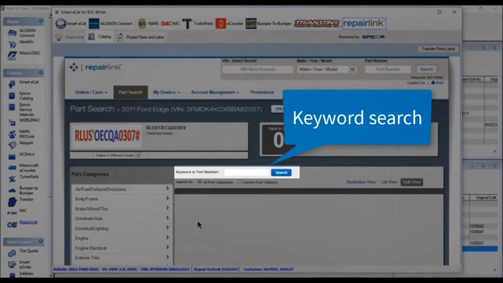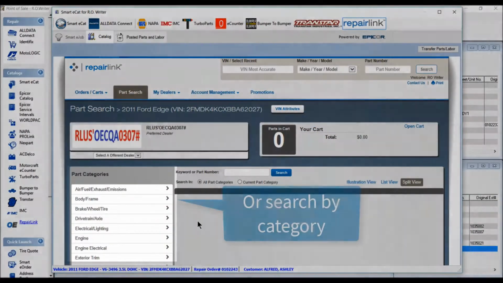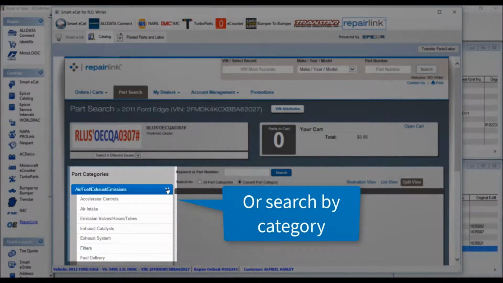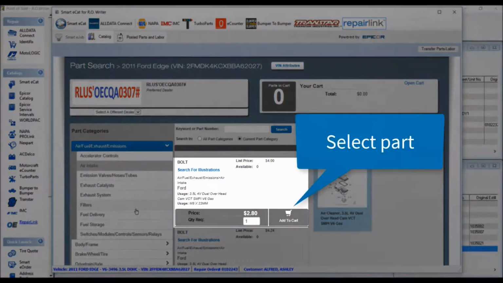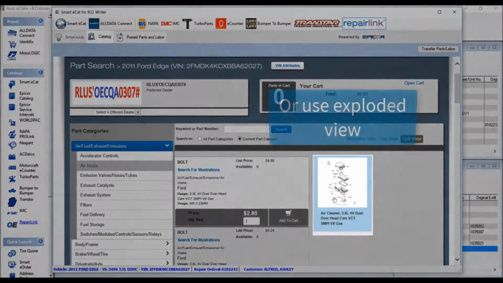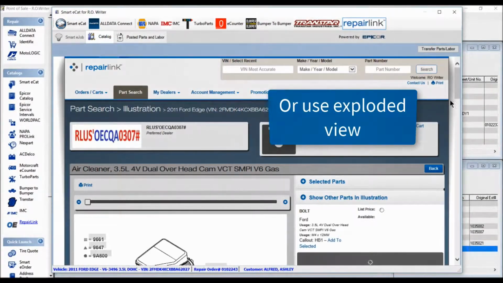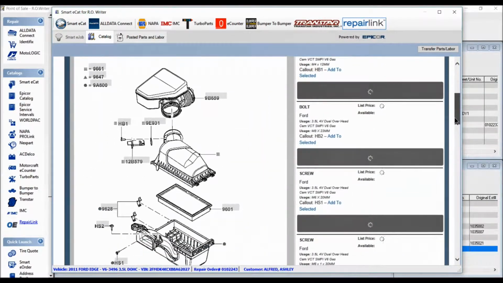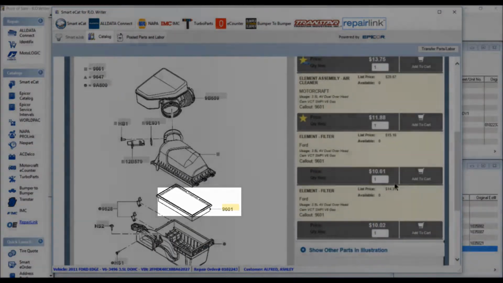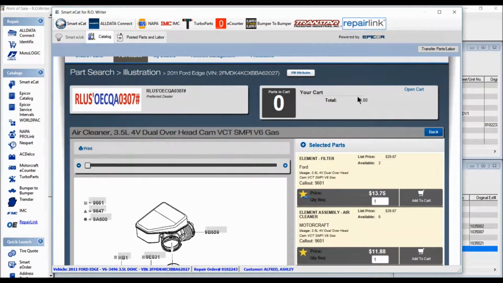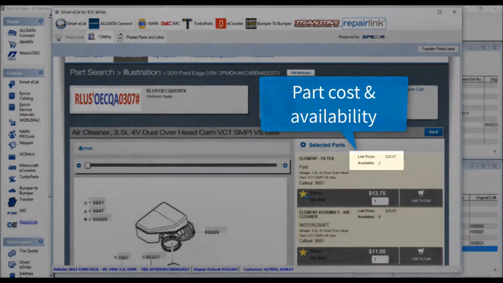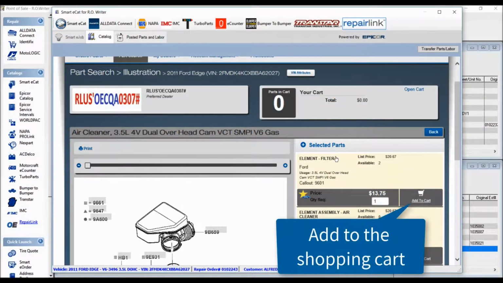You can use the keyword search, or you can search by category. Here you can either select the part you need, or click on the diagram to see an exploded view of the system. Narrow your search by clicking on the part, and your cost and availability is displayed. Add the part to the shopping cart,